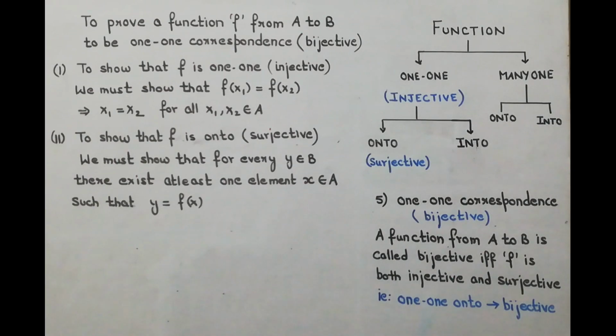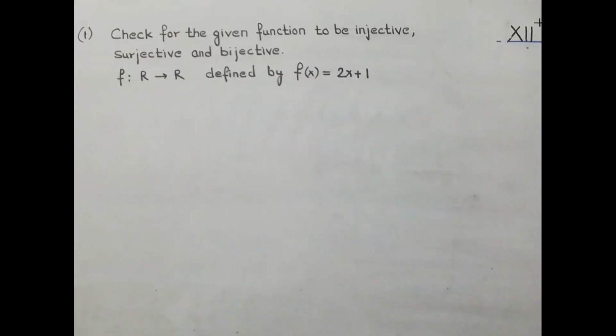In some cases where we have to show that it is not injective or surjective, there we can use certain examples to show it. Or we can use certain values to show that the function is not bijective, or that is not injective or not surjective. So with these 2 points, let's start with few examples that will help you to get these 2 points. So you can pause and note down these 2 points. Now let us see the first example.